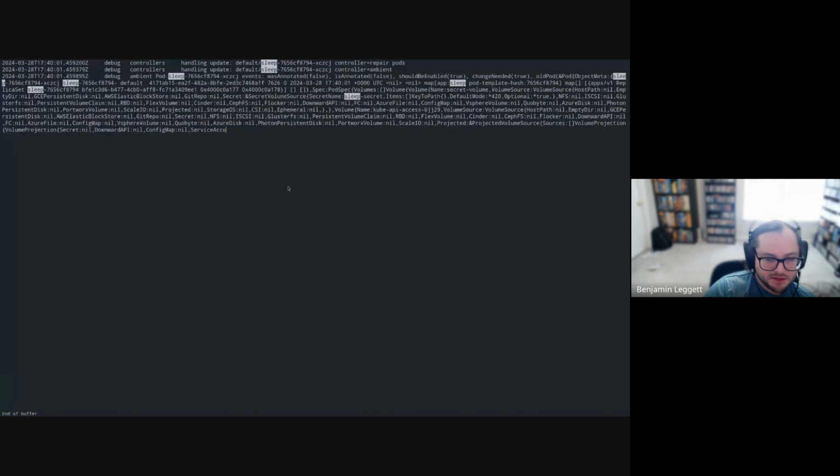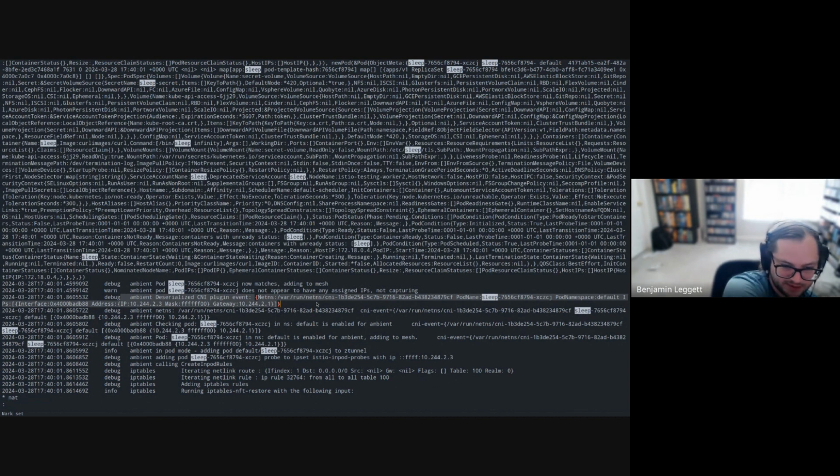Yep. And just for context, again, this is when ambient is labeled, it's catching pod events. And so here's, for instance, a deserialized CNI plugin event, right? So the CNI agent got that ambient push from that plugin. It checks the pod to see if it should do things, and it jumps in and does the create in-pod rules. Now the IPv6, yeah, sidecars,